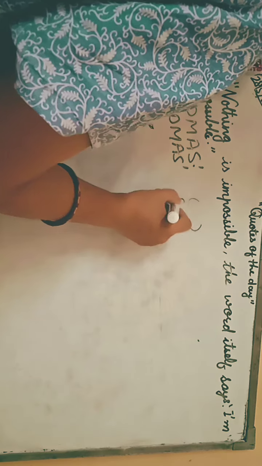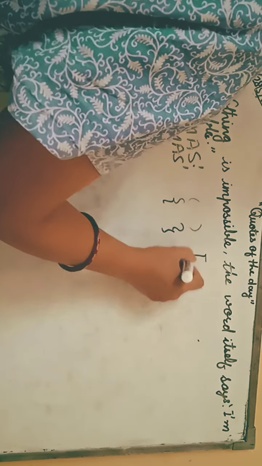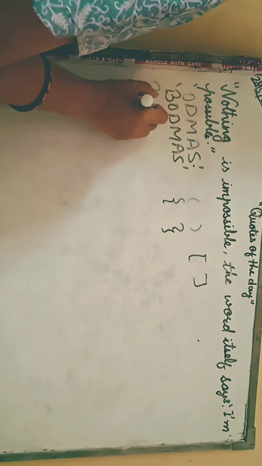So ODMAS I have described to you. Now come to BODMAS. B means brackets, and solve it first. Always solve it first. Then after that we follow as in ODMAS. There are three types of brackets: small brackets, or parenthesis, and big brackets. You can also call small brackets round brackets. Now come to the curly brackets, also called braces. And this is the square brackets or big symbol, or rectangular brackets or box brackets.